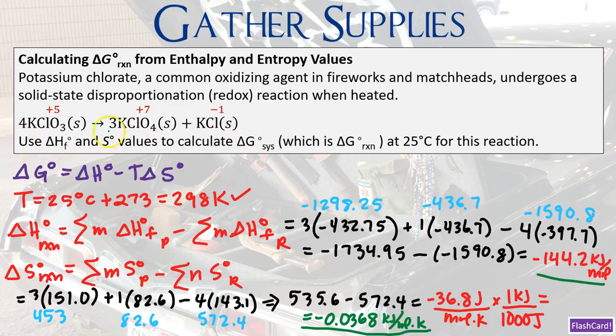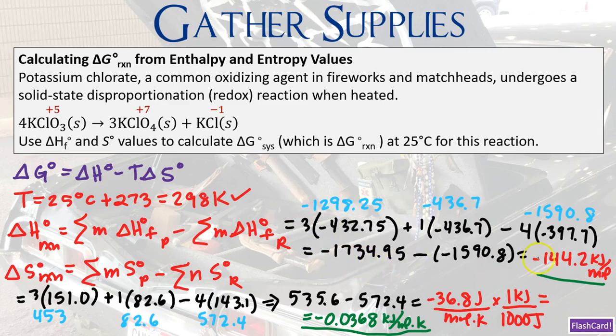All right, let's go ahead and solve for delta H naught of the reaction. Again, here's our reaction, here are all of our products, and here is our reactant. We're going to take 3 times the delta H naught value of this, 1 times the delta H naught value of this, and 4 times the delta H naught value of this. When I take 3 times negative 432.75, I get negative 1298.25. I'm going to add that to 1 times negative 436.7, which is negative 436.7. Adding these two negative numbers, I get